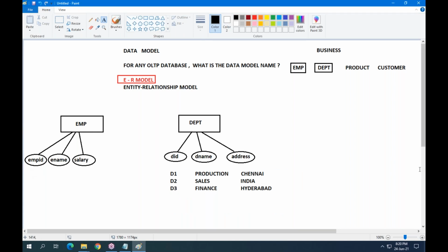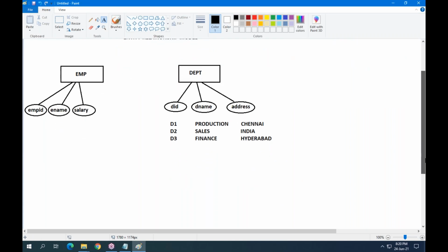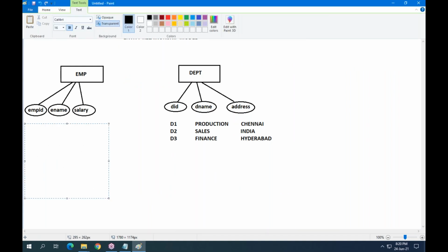Similarly, let me take employee data. See, employee ID 1010, employee name Ajay, salary 55,000. Next 1020, employee name Vijay, and employee salary 50,000.